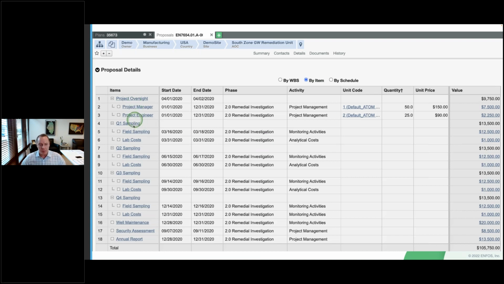I can also do fixed price, lump sum, and various other contracting mechanisms or hybrids of those. But you can see the proposal gives us project management level granularity of that total cost, right? Now, from a cost control standpoint, the business will make a decision to what level do I want to control this cost. And I'm going to talk a little bit more about that.